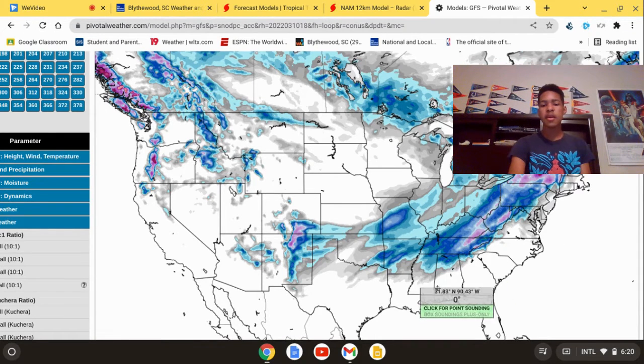But most of the southern areas, mainly if you live in Arkansas, northern Mississippi, northern Alabama, extreme northern Georgia, Tennessee, Kentucky, and then moving into the Northeast, mainly the interior Northeast, like around Albany, Buffalo, and the upper part of New York State, Vermont, and New Hampshire, are going to get much of the snow. So if you live in those areas, like I just said, you're going to get most of the snow. In the South, it looks like Arkansas, Tennessee, and Kentucky are going to be the big winners from this winter storm. I'm hoping and praying this might be the last major winter storm of the season, because spring is almost here.